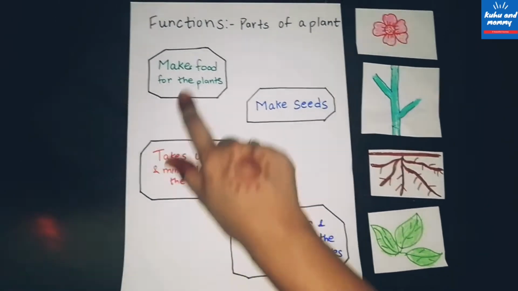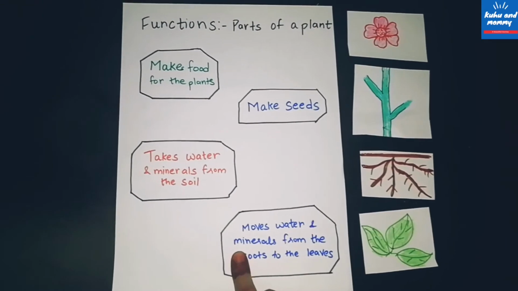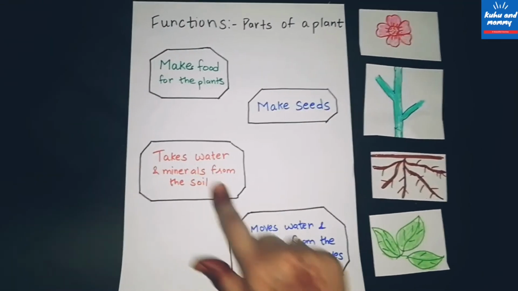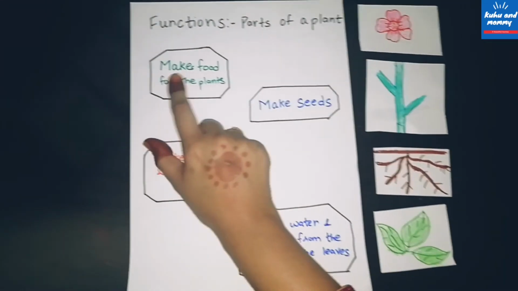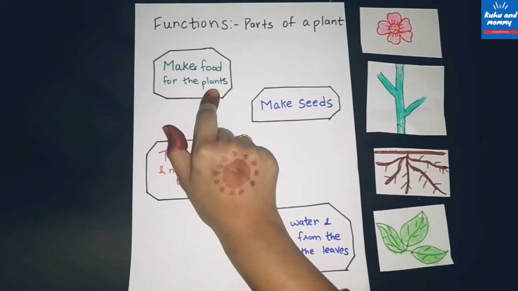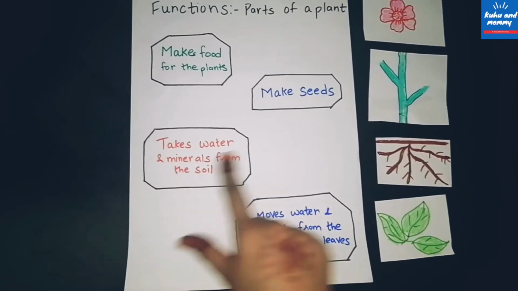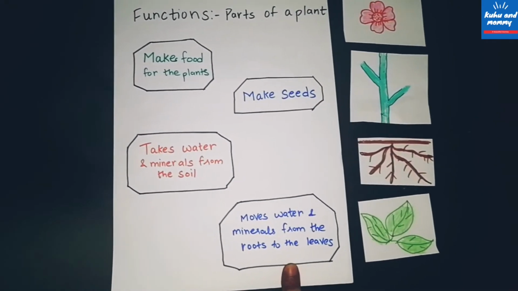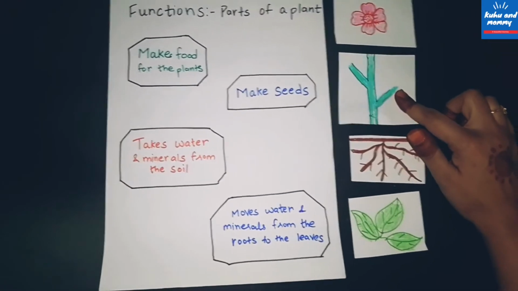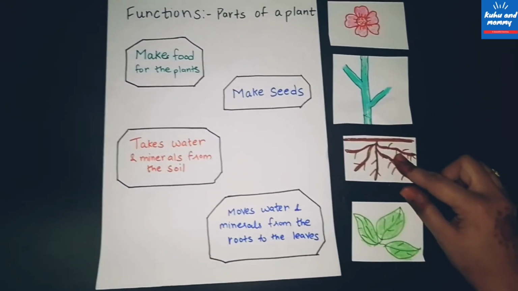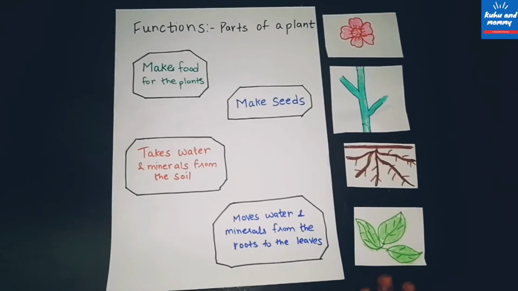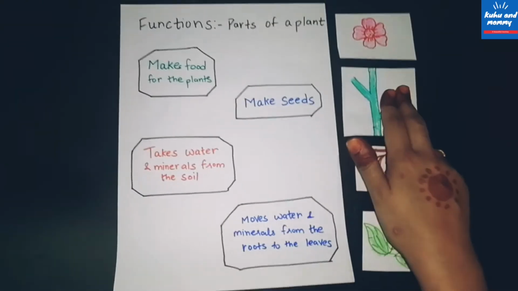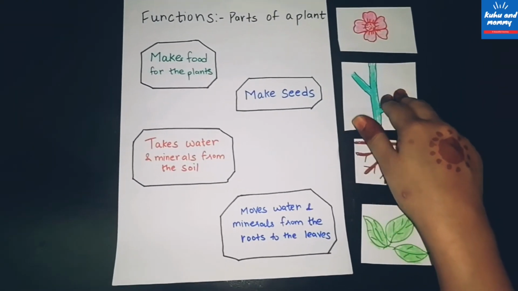So I have written on a sheet of paper all the functions of each part of the plant, like makes food for the plants, makes seeds. Like this, I have written the functions here, and I have drawn some pictures, and I have taken the cutouts. So what the child has to do is match the functions with the picture of the part